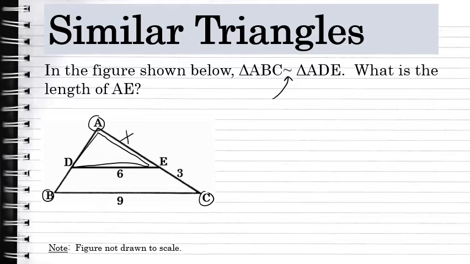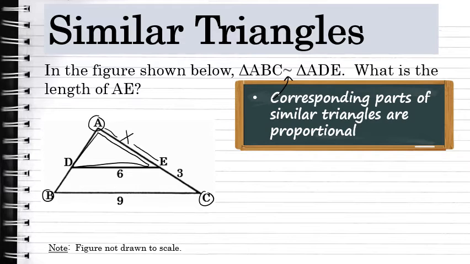I'll label side AE with an X. Realize this is the distance just from the vertex A to the vertex E. To solve this problem, we're going to need to use a property of similar triangles, which states corresponding parts of similar triangles are proportional. What is meant by corresponding parts is, if I take a look at the base of